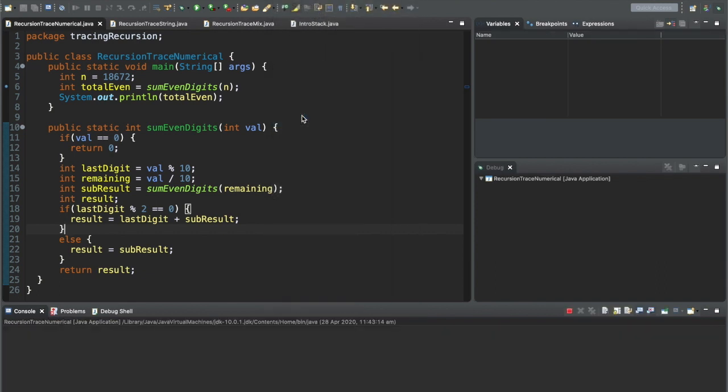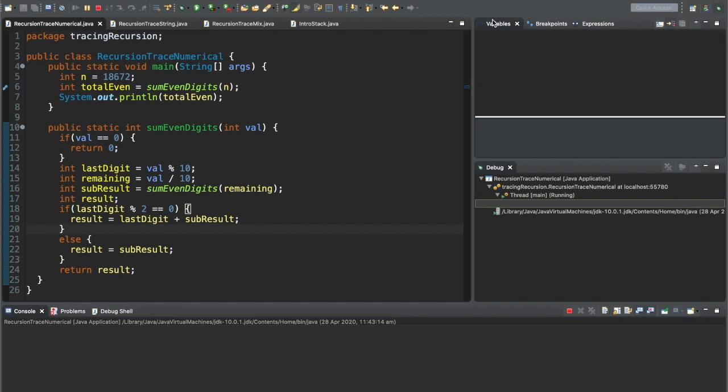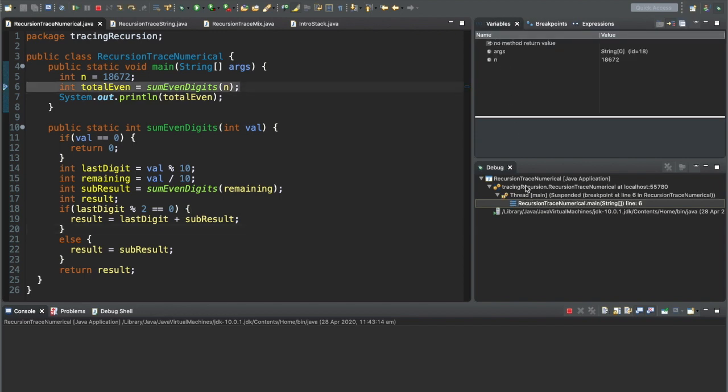When you do that, you'll get the debug perspective where you can keep track of your variables and you can keep track of your stack as well. So we know that initially we're in the main method up until this point here. So we've run all this code. So we've created this variable here and that's being tracked here. So I've stopped my code here because I want to see what happens when I run this line of code. And we know that when we run this code here, we'll jump from our main method into the scope of some even digits, n,